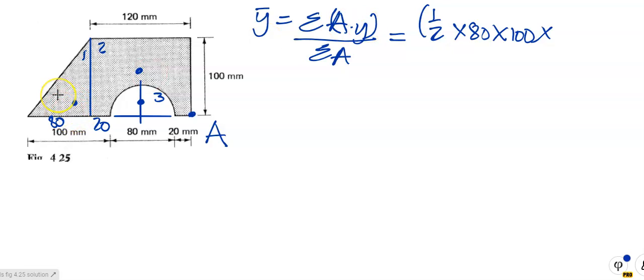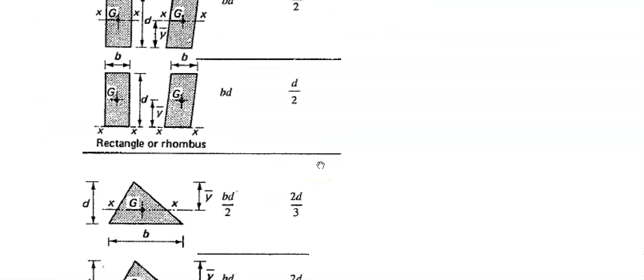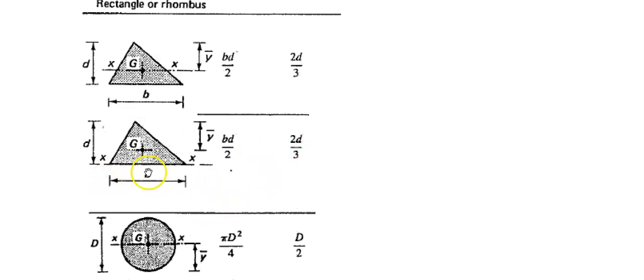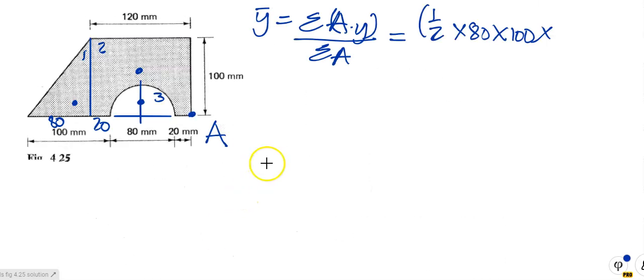Now if you go to the table, which looks like this, you'll see that if the distance from there to there is 2/3 of d, then the distance from the centroid to the bottom is 1/3 of d. So the distance from there to there is 100 over 3. I'm going to work it out quickly. 100 divided by 3 is 33.33. So it's 33.33